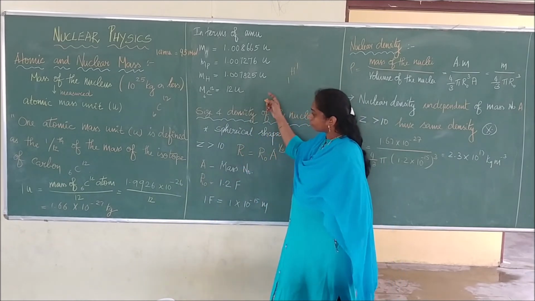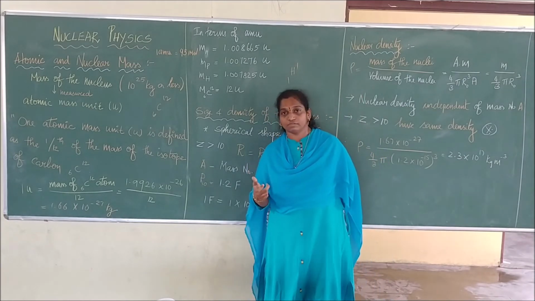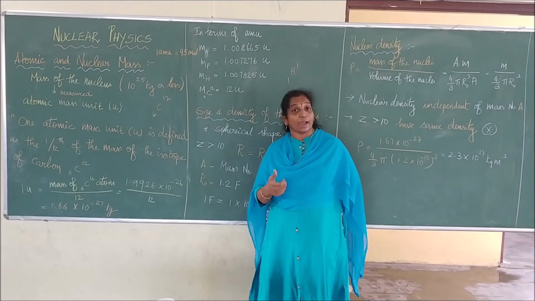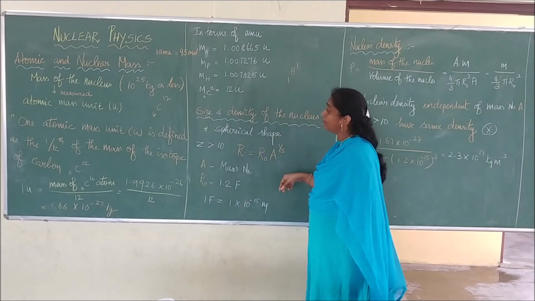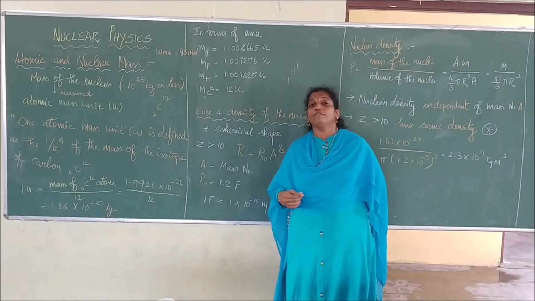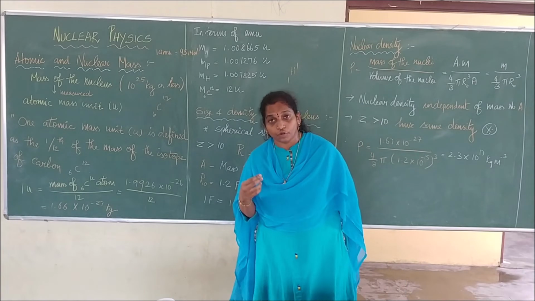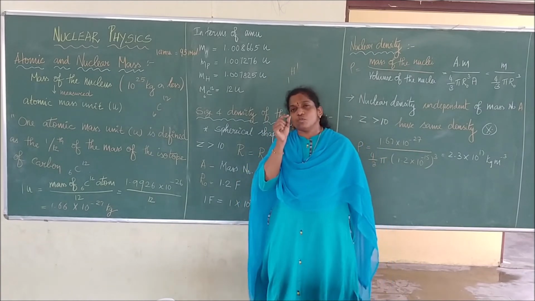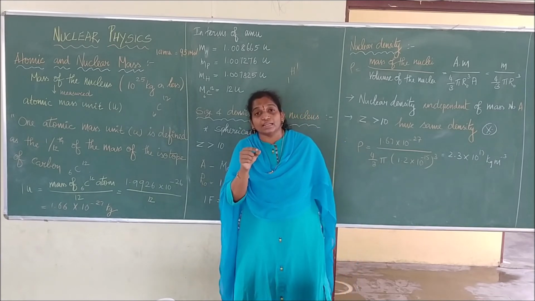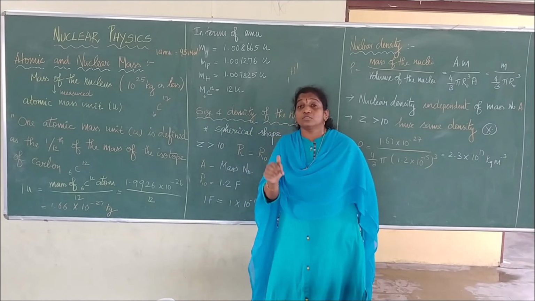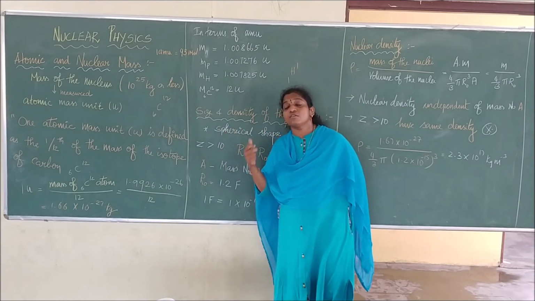Next we will talk about the size and density of a nucleus. We learned that the atom size is 10^-10 meter and the nucleus size is 10^-15 meter. We are going to study this in depth. Different kinds of experiments verify that the nucleus is spherical in shape. We already studied the gold foil experiment, which says that a small spherical, ball-like structure placed at the center, which we call the nucleus, carries positive charge. Therefore, experimentally it is proved that the size of the nucleus is